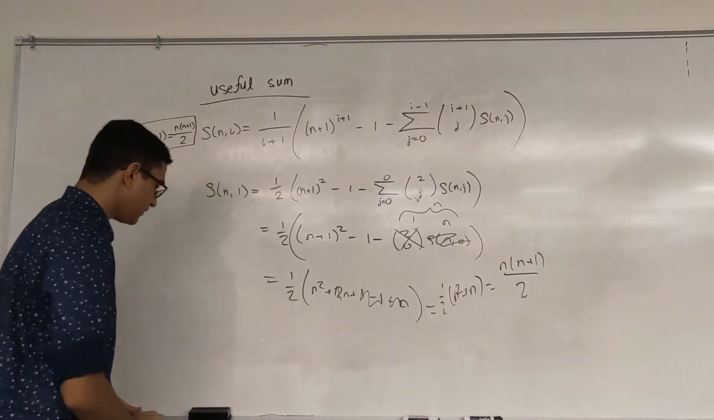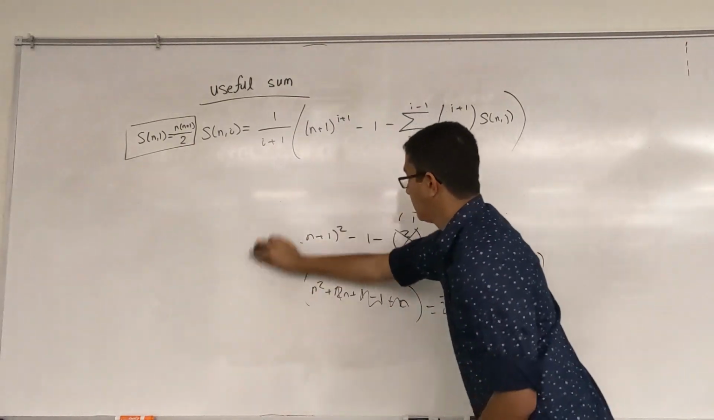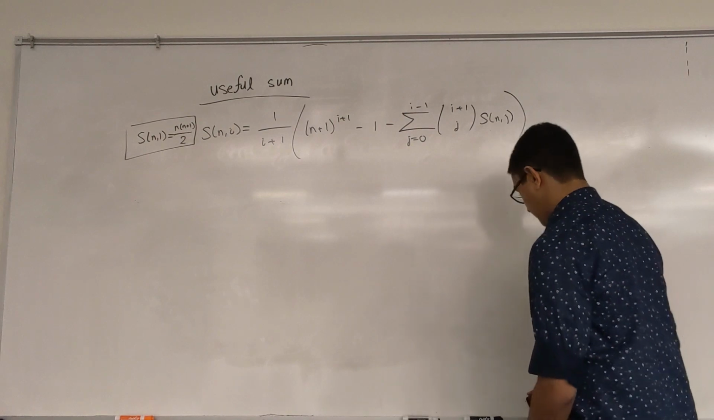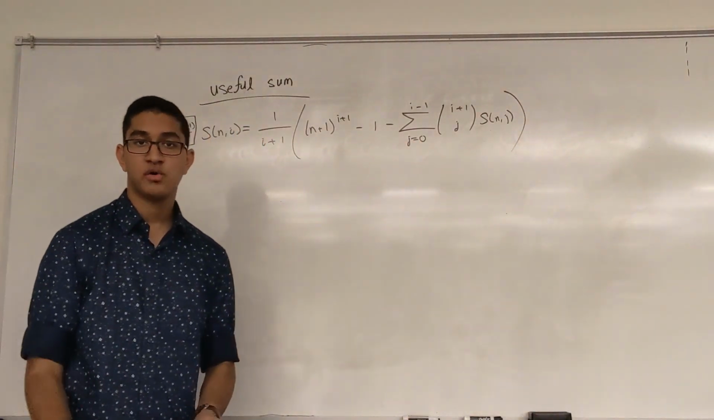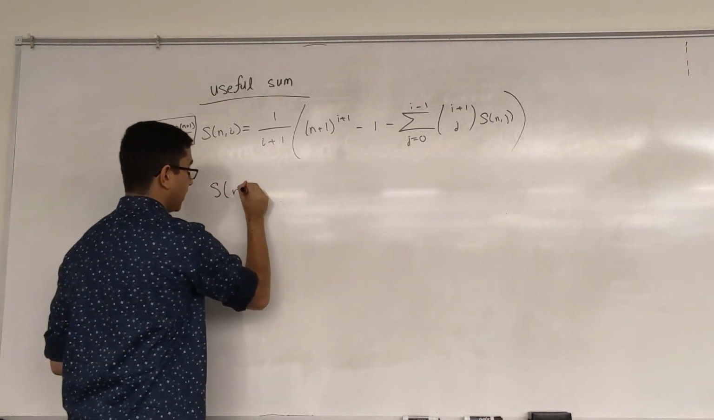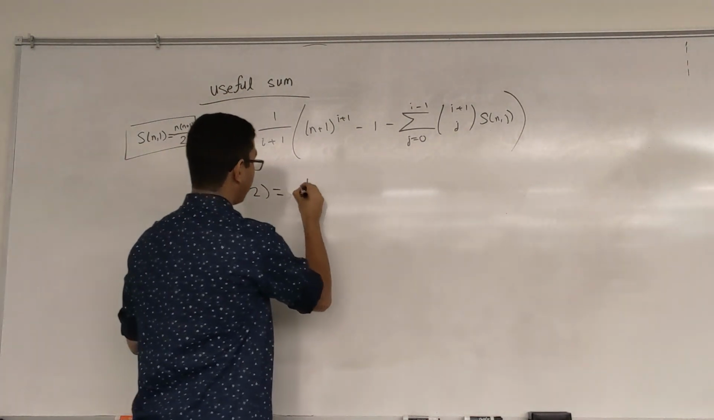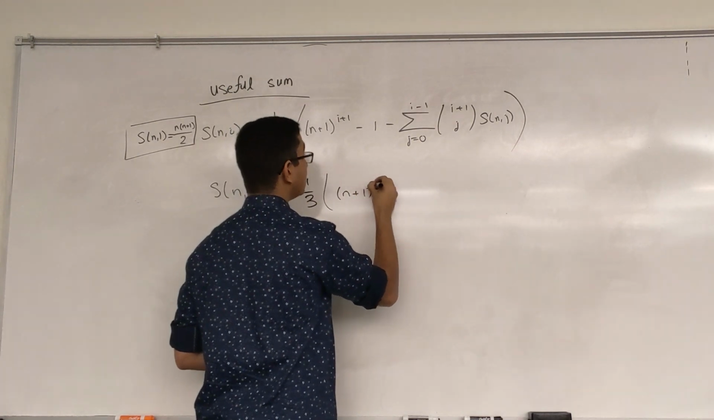Okay. So now what I want to do is show the same thing, but now instead of i being equal to 1, I'll show it for i being equal to 2. So s of n comma 2 is going to be simply equal to 1 over 3 times (n plus 1) cubed